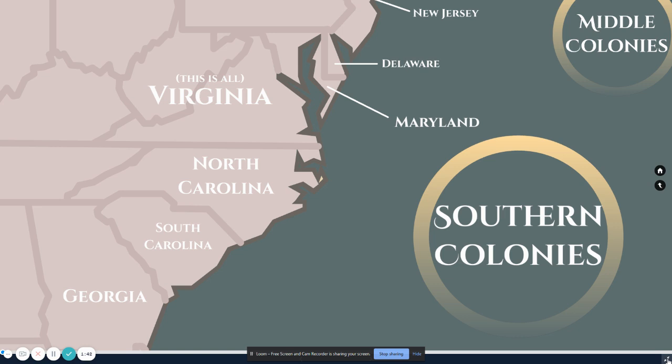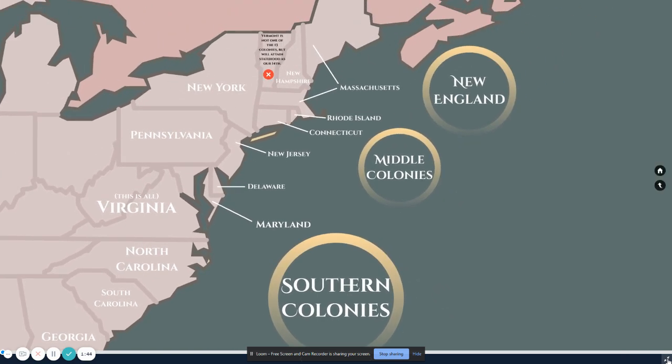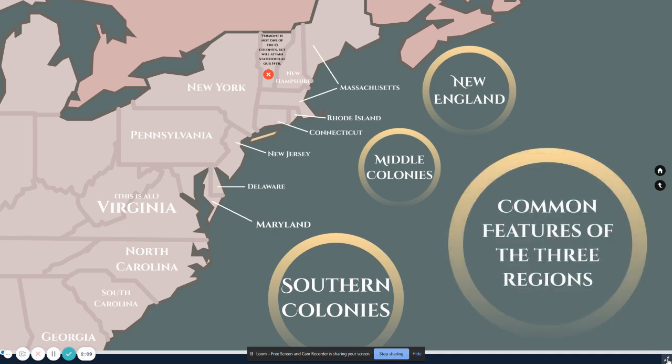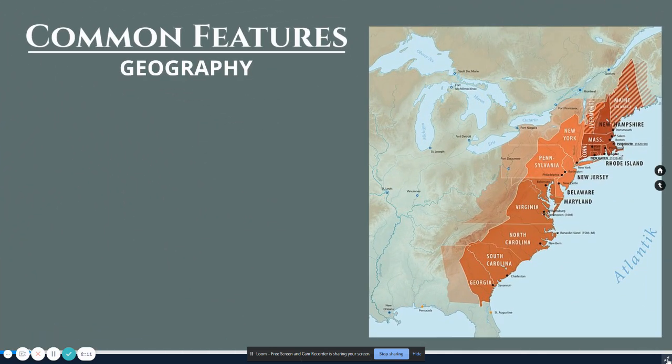So, overall, when we are talking about these three colonial regions and those 13 colonies that make them up, we are going to be first jumping into those common features. Before we get into any of the nitty gritty regarding the differences, let's really just focus on what brings these colonies together, what unites them, because of course they eventually will become those 13 United States later on. So let's dive in. The common features of the 13 colonies, those three colonial regions, as we discussed in class,